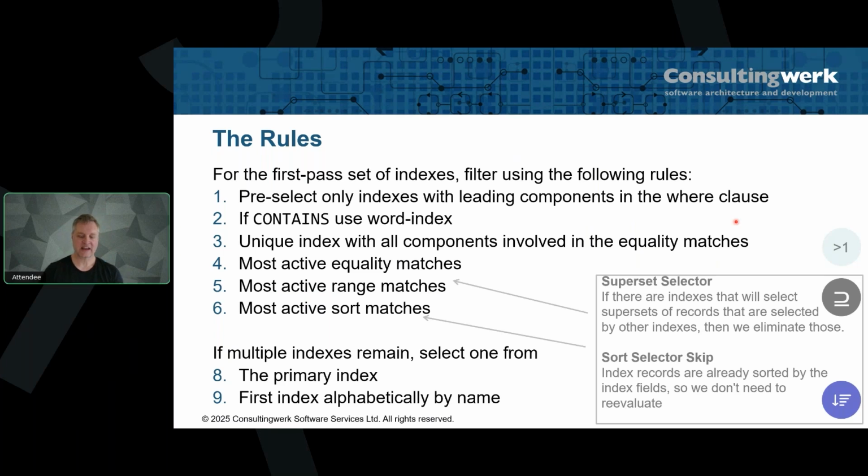And secondly, if there's a by clause and there's an index with the field in the by clause that is a candidate for selection, the runtime ignores the sort. And that's because indexes will naturally sort records, right? That's kind of how they work. So sometimes we won't see the by clause playing an active role in selection of an index. Okay, so with that, we're going to go through some examples